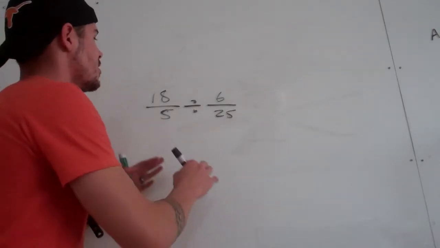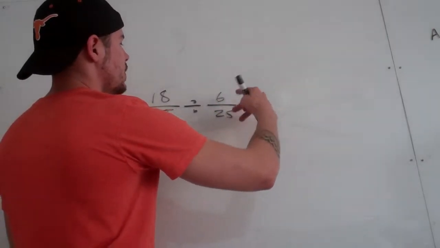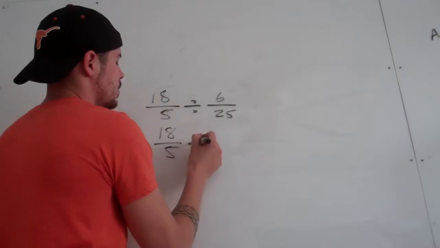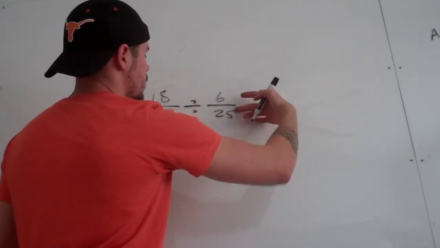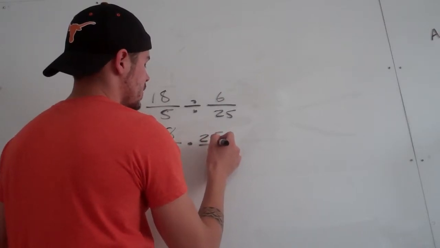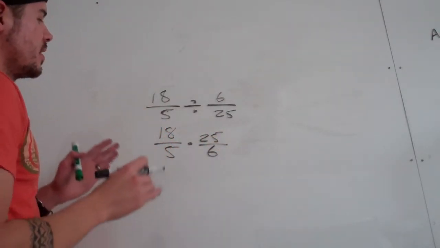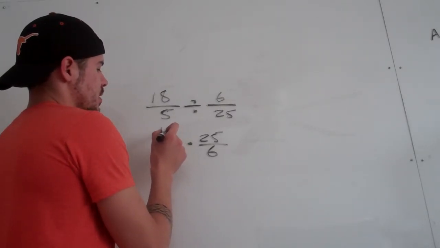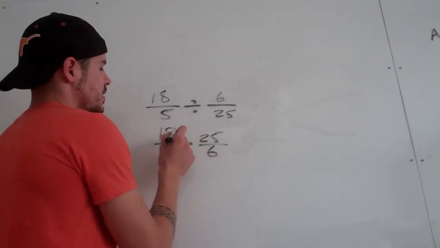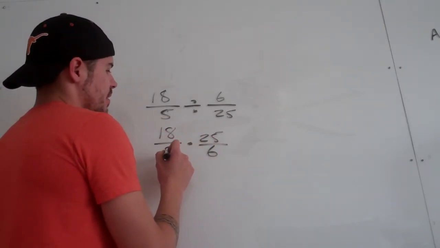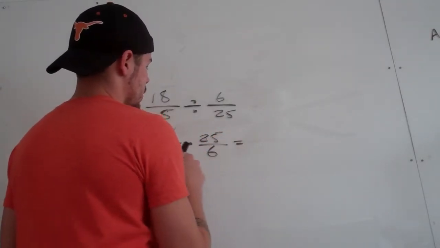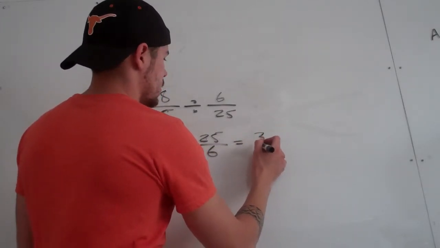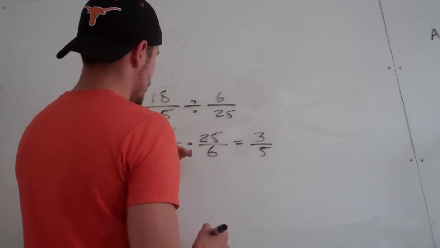Sorry about that. Okay, so what we can do is flip this, like I said, do the reciprocal. So let's rewrite this: 18 over 5 times the reciprocal, 25 over 6. At this point is when we simplify. In order to simplify, we can divide these two. 6 goes into 18 3 times, so 3 over 5